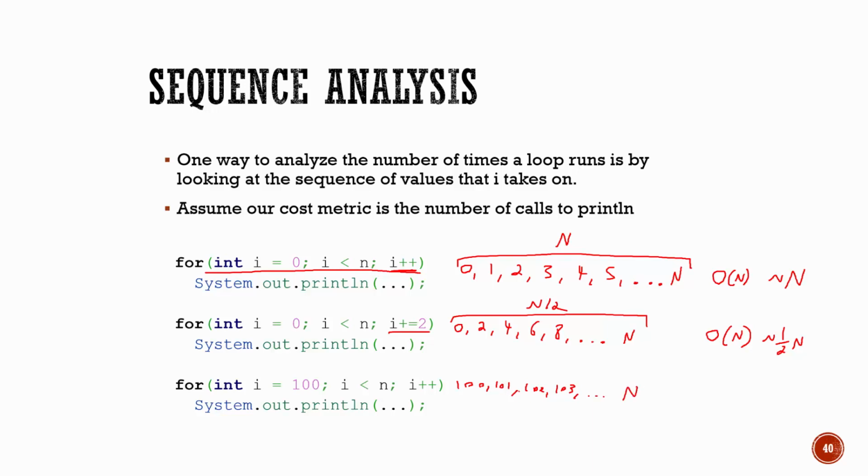And so now I just have to ask myself, how many times does this happen? Well, if I think about it, it's going to basically happen n minus 100 times, right? So this is really n minus 100. What I'm drawing here is almost akin to the growth function when I'm doing this little annotation above. I might be off by 1 or 2, but it's effectively an exact value.